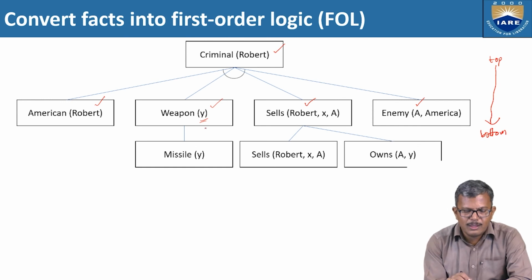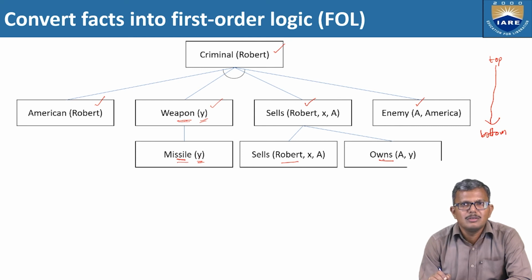So next, we are talking about the weapon. In the paragraph, we don't have this word, but we have a word called missile. So we need to prove that Y is a missile. Means we are differentiating it as an agent, telling that the weapon is nothing but a missile. So what is the knowledge we are having? One is selling and another one is